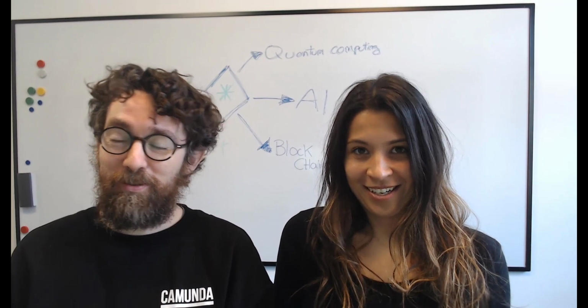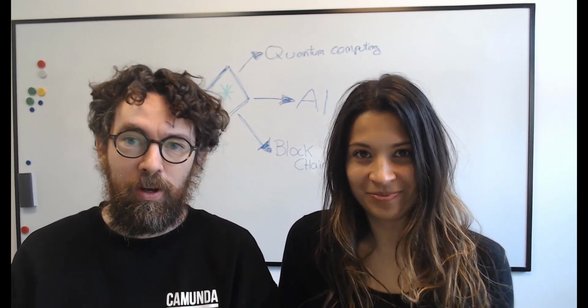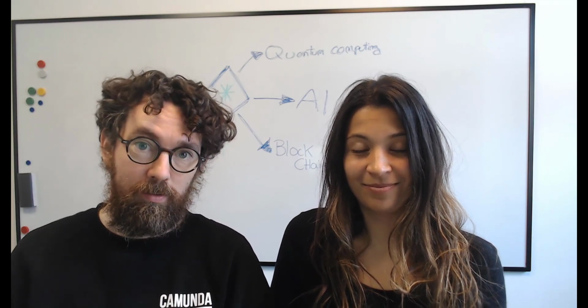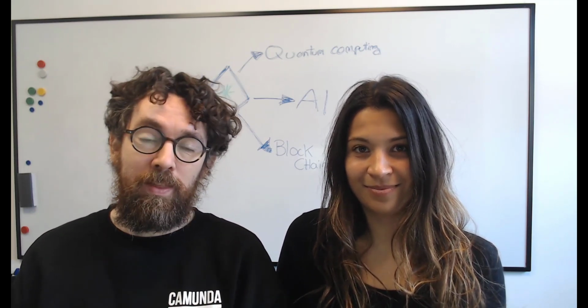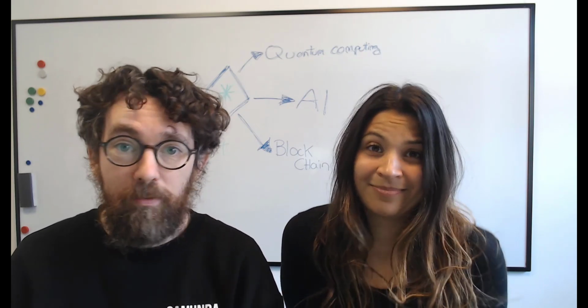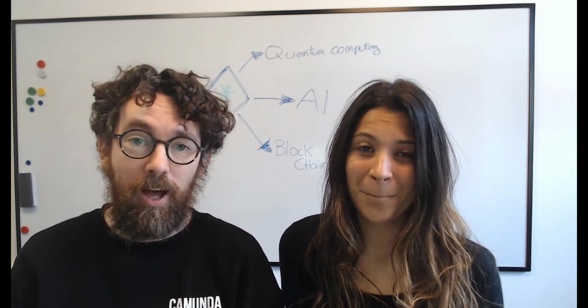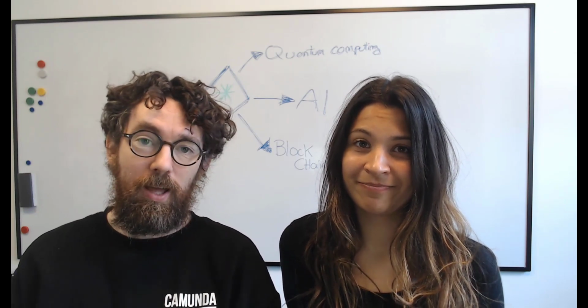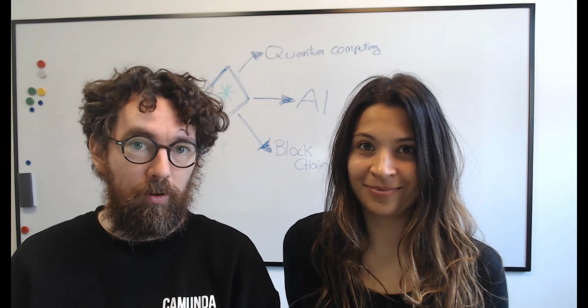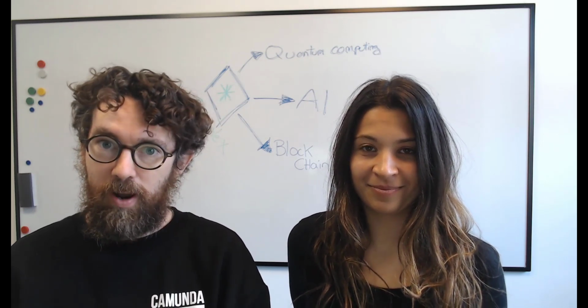Camunda, of course, has been trying for many years to help people really embrace BPMN and executable process models. The problem has always been that, unfortunately, BPMN has too many symbols. There's a lot of them, like 50 something. They're really complex. Models are hard to read sometimes. Have no fear. We have, over the course of years, been secretly working on a solution to this problem.